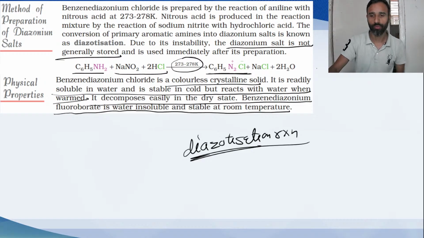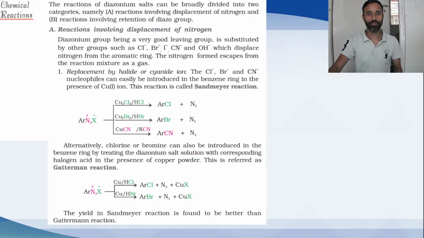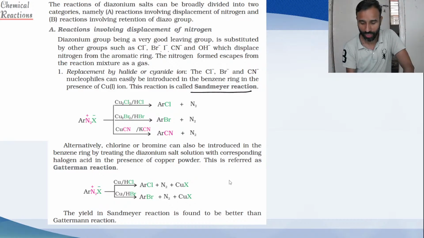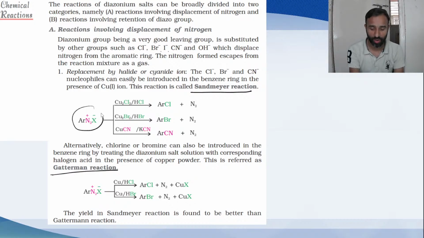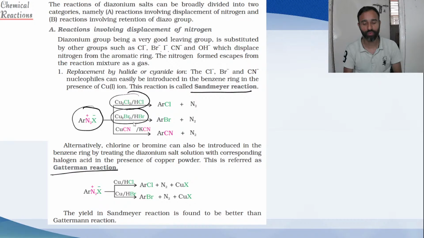So now, reactions of diazonium salt. These reactions we have done in aryl halides. Diazonium salt, when reacted with cuprous chloride in HCl, cuprous bromide in HBr, cuprous cyanide with KCN, gives chlorobenzene,